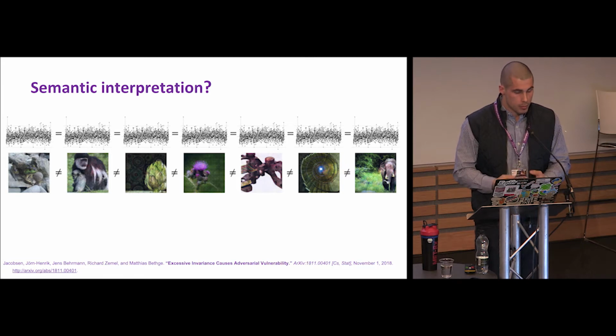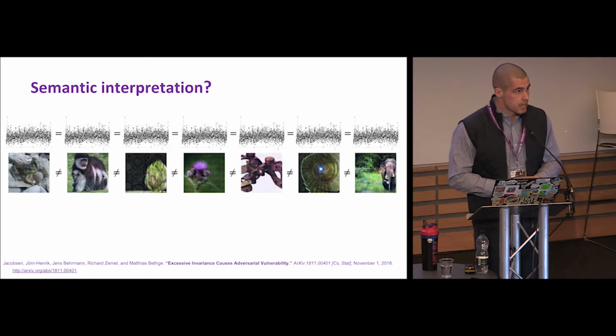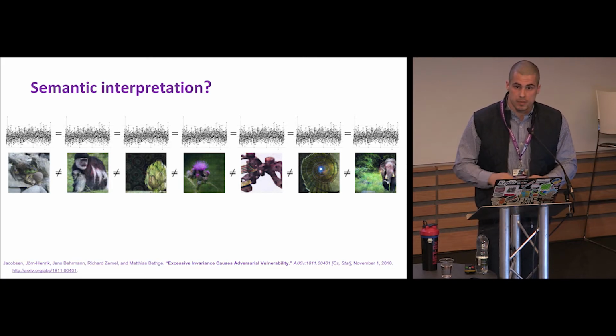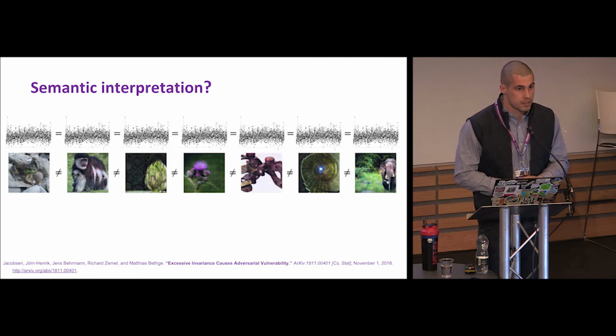what would correspond to a stimulus in the human brain to stimulate a certain object or a class. So on the left you have stones, then the second image you have something looking like a monkey, then some sort of plant, a plant again, stairs, and an elephant at the end. What you can see in this image is that actually the response of the machine learning model is absolutely the same to all of these images.